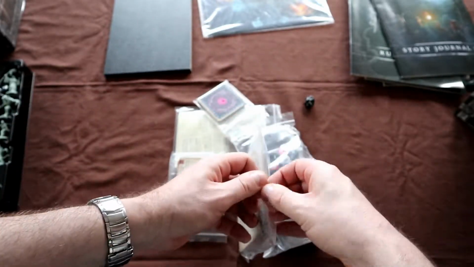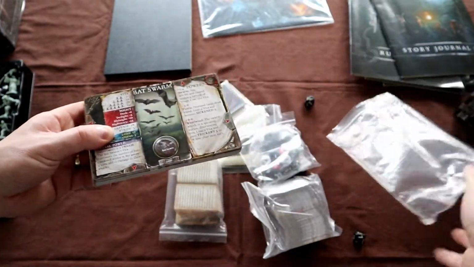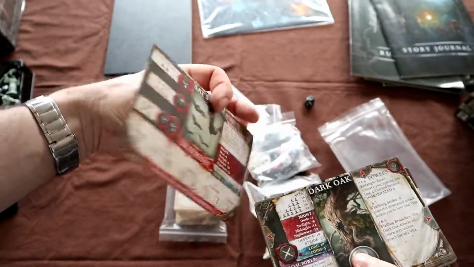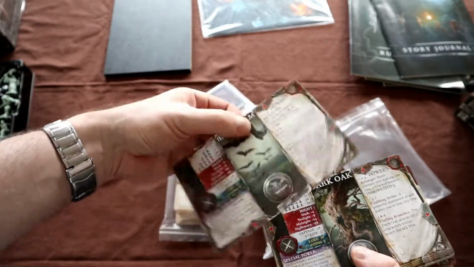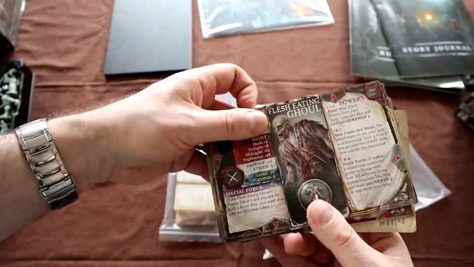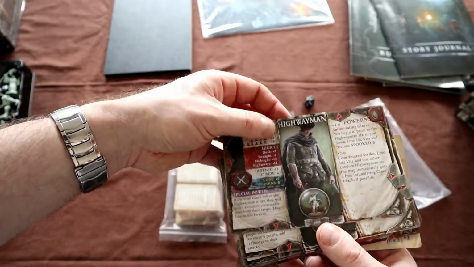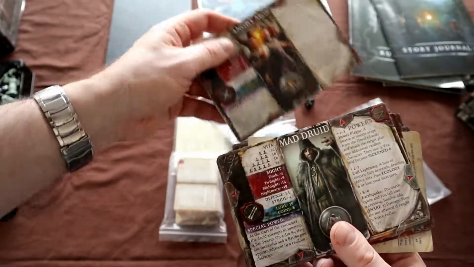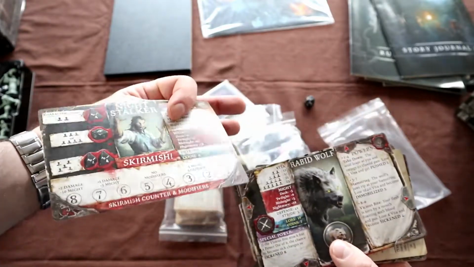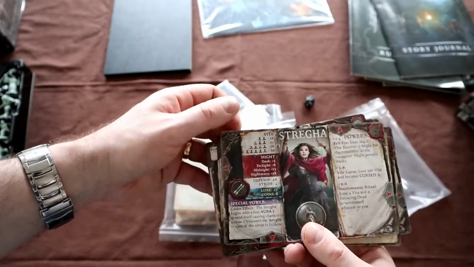These are supposedly the monster boards. Let's see. Yeah, so this is a bat swarm and a skirmish bat swarm, so they're double-sided, different stats. The dark oak, decaying dead, flesh-eating ghoul, the gargoyles, the highwayman. There's a highwayman. An angry mob, a mad druid, the moon priest, a night stalker. Cool. The rabid wolf. The restless spirit, a strega,